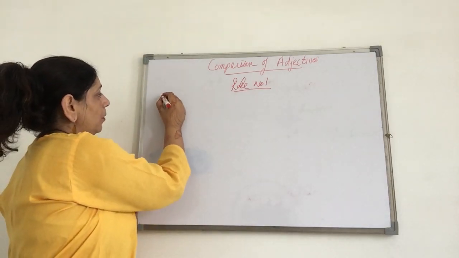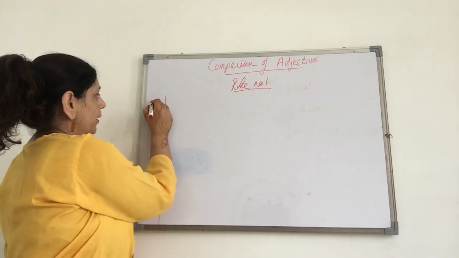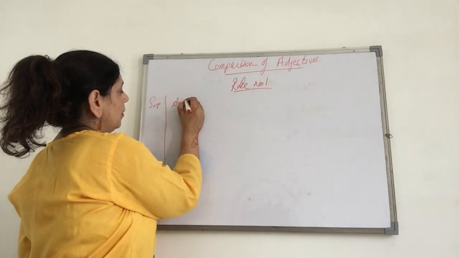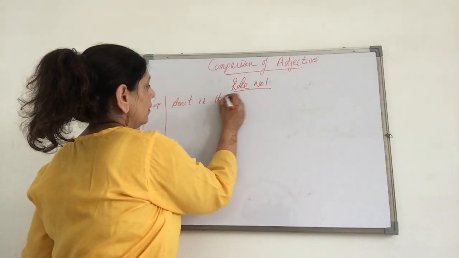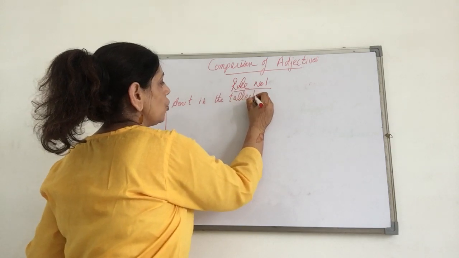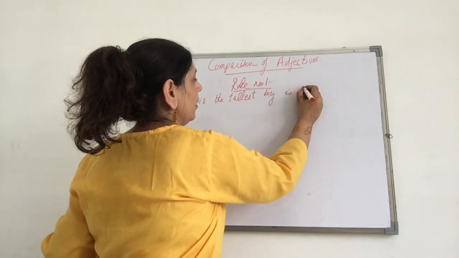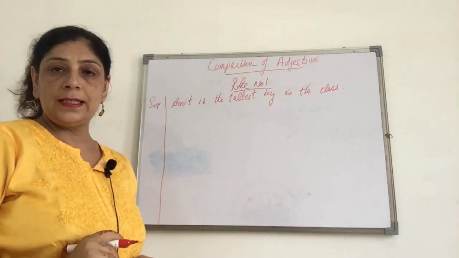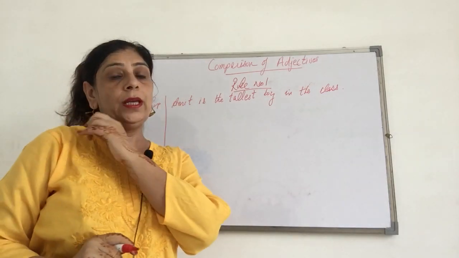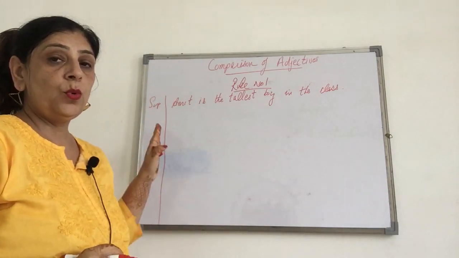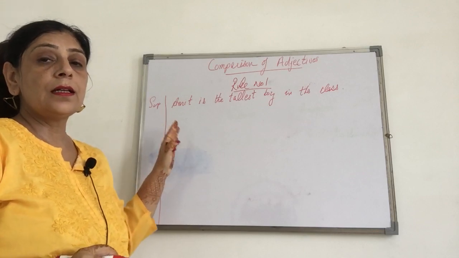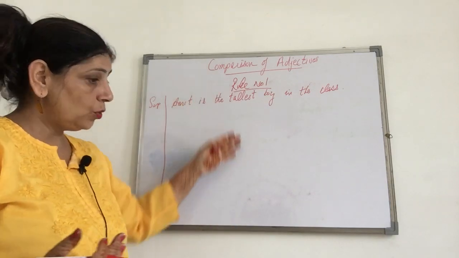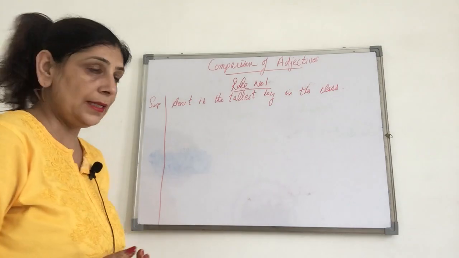Right now, so, rule number 1, supposing that there is a sentence in superlative degree. I will begin with superlative degree. Amit is the tallest boy in the class. Now, supposing this is a sentence. Amit is the tallest boy in the class. And in the exam, you are asked to make the sentence starting with the word Amit or no. There will be 2 options. Once you know this table, then it will be very easy for you to make the sentences.